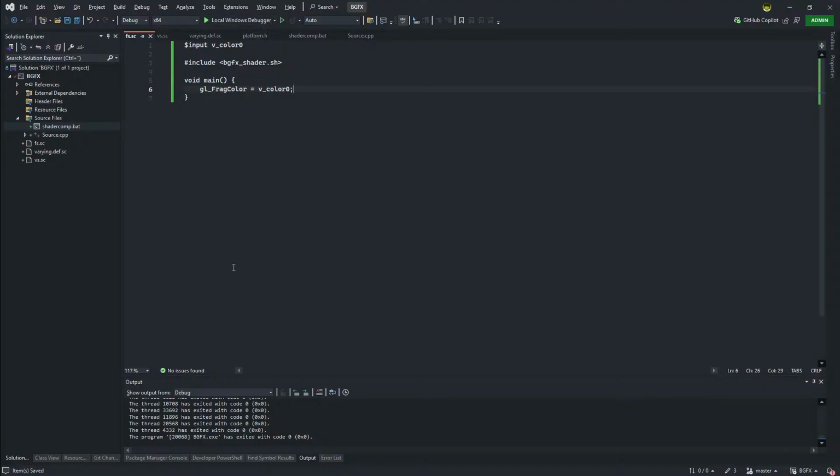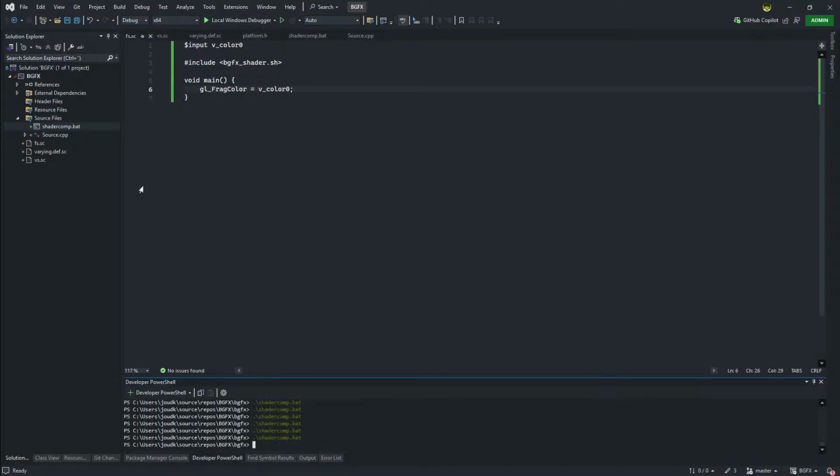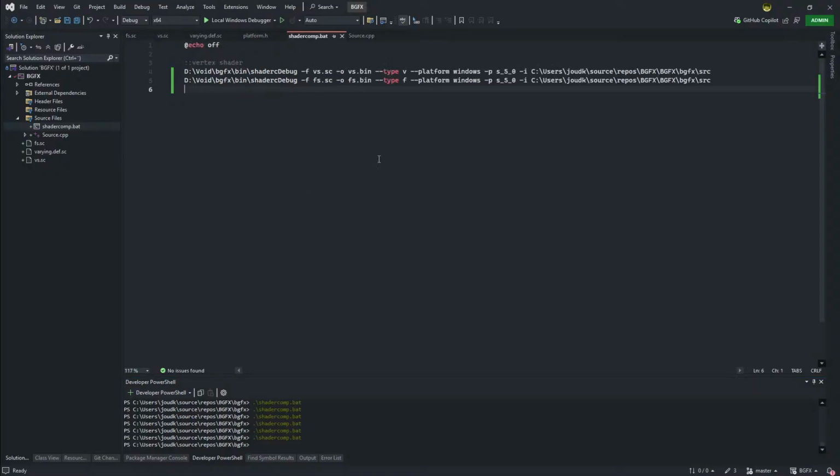So this is just a simple shader, and I wrote already a way to build it. So I'm gonna just build it,